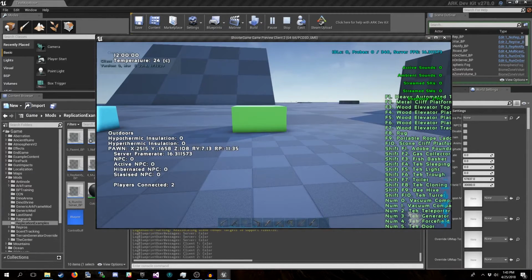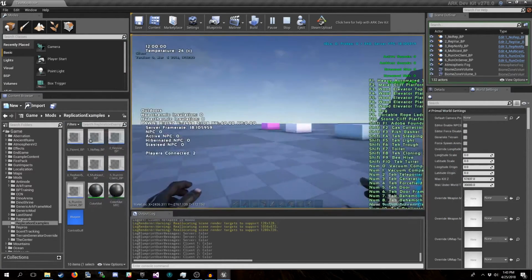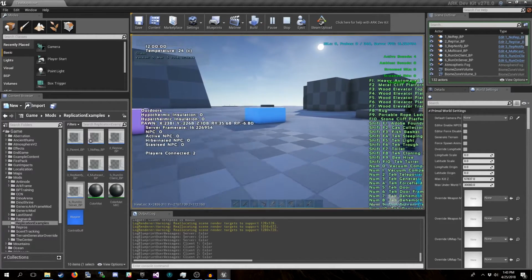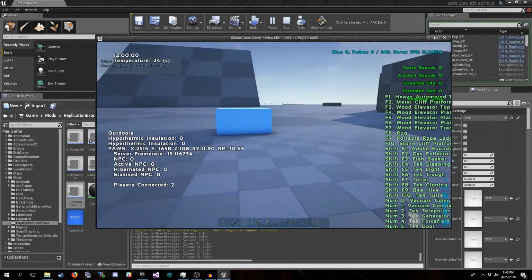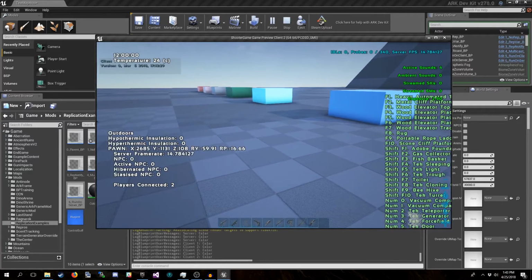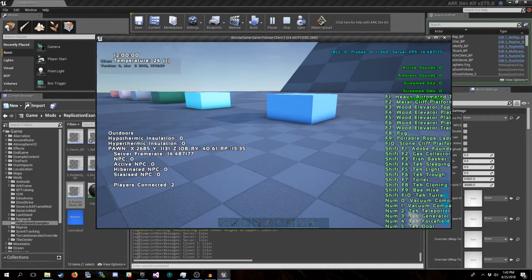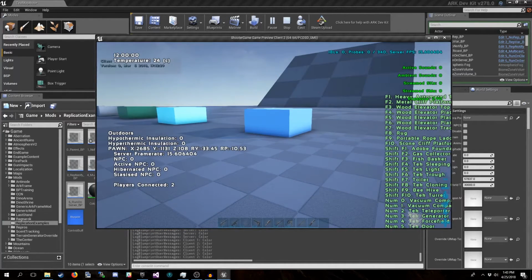Okay? But I can sit here and I can pick colors kind of slowly because of the way that it's set up. And they will replicate out to the clients because it is going from the owning client to the server, and then the server is passing it back to all the clients. So this is a user input scenario where the user has chosen a bit of data, and then we want to pass that to the server for everyone else to see.